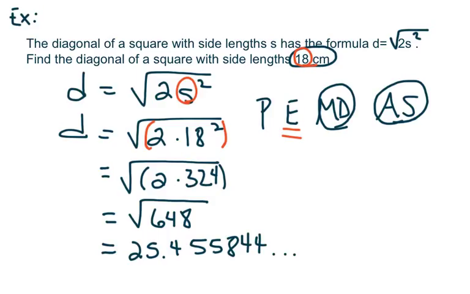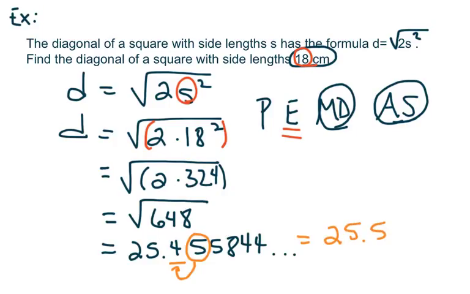Let's go ahead and round this to the nearest tenth. So here is my tenth value. I look to the right of it. That number that I circled will tell me if I should change the 4 or not. Since it's 5 or greater, that makes the 4 bump up. So my final answer is approximately